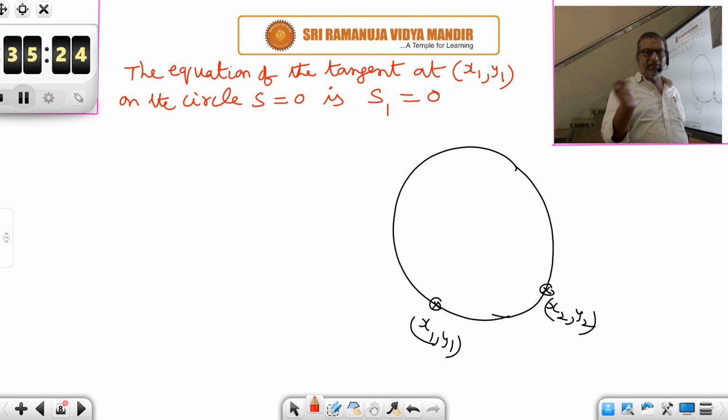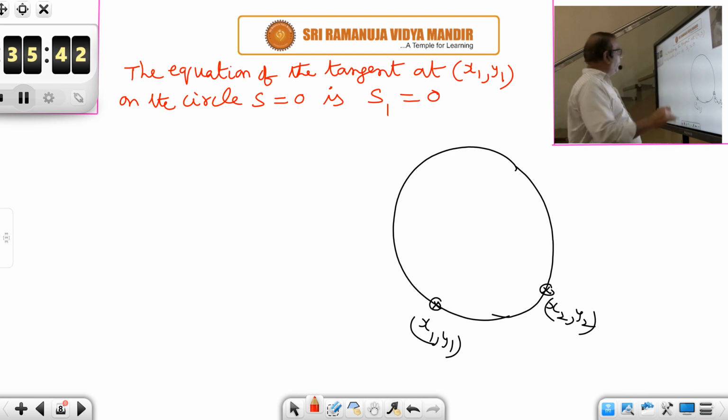Notation will be different. For each chapter s, s1, s11, the notation will completely change. But the formulas remain same. Chord joining 2 points, in every chapter it is s1 plus s2 is equal to s12 only, whether it is circle or parabola or ellipse or hyperbola. Similarly, equation of tangent is s1 equal to 0 in all the chapters. To prove this formula, we have derived the previous formula. So after proving this formula, the previous formula can be dumped. Okay.